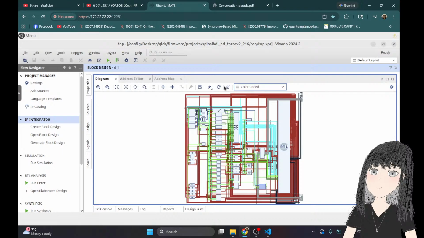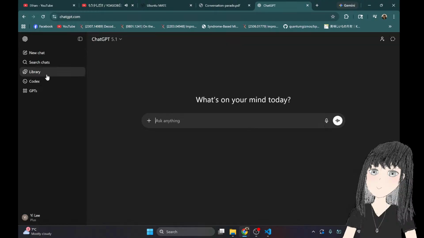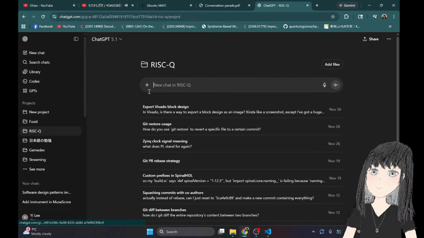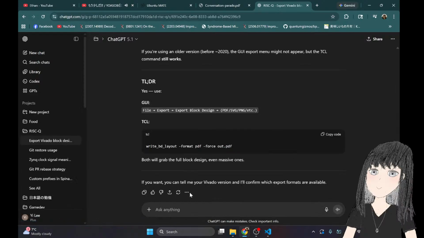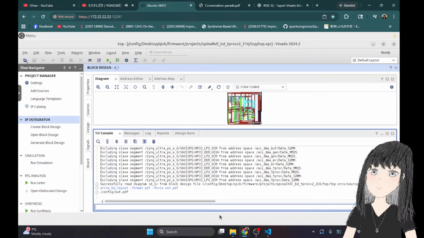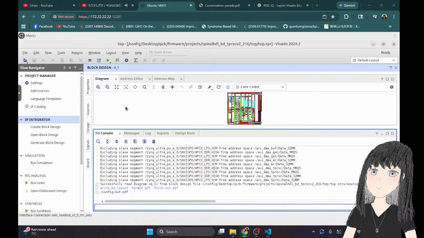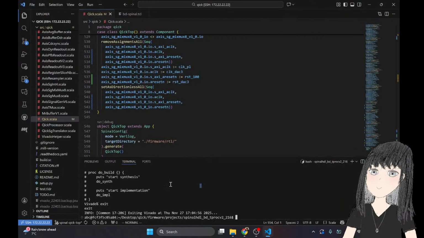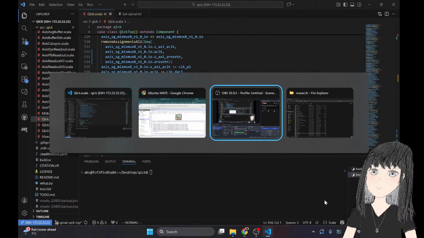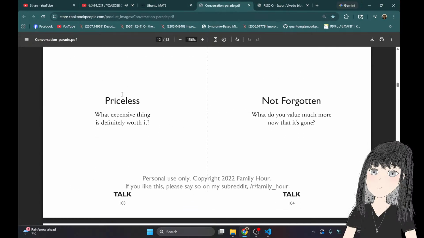So I want to export this as, write BD layout, whatever PDF thing. Okay, so I want to do this, and then now I do have this, and then I just need to bring it back, right? So I need to do maybe a different terminal. Anyways, before I get completely distracted by this,